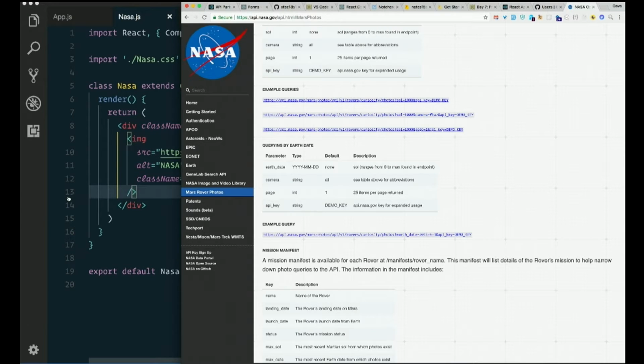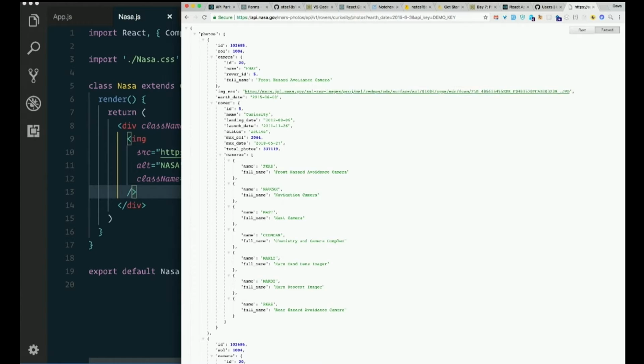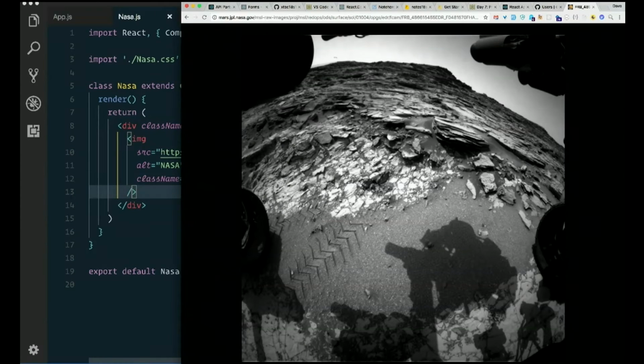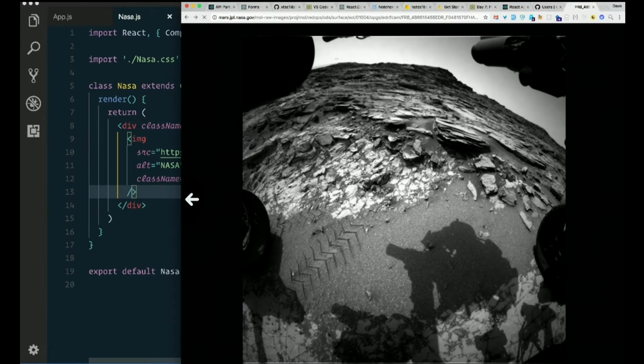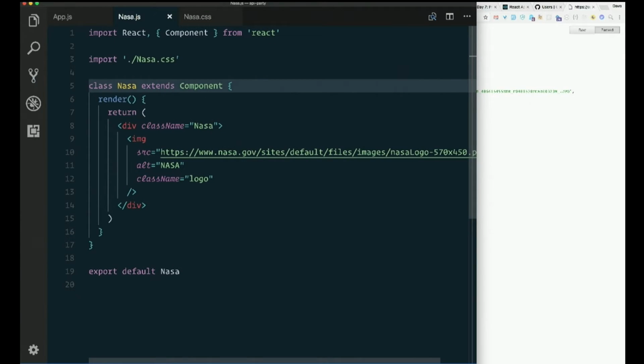So let's check this out. API key is demo key, so we can totally use demo key from the front hazard avoidance camera on Curiosity. See what that image looks like. Snazzy. So let's keep that in mind. So we should make, just like we made a GitHub component and a GitHub user,